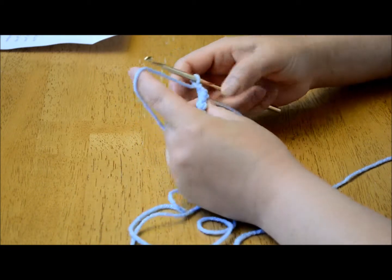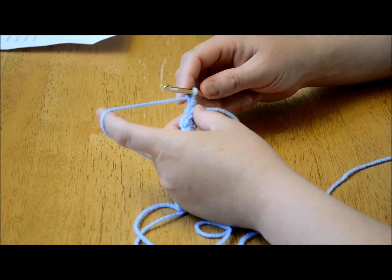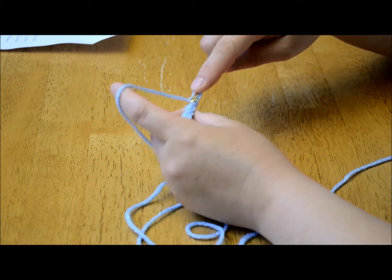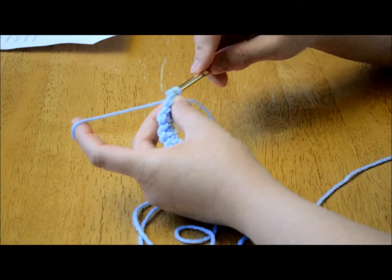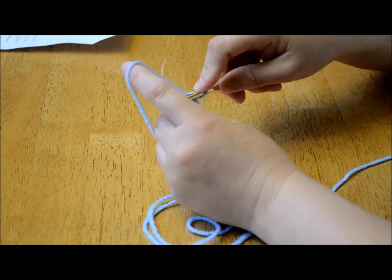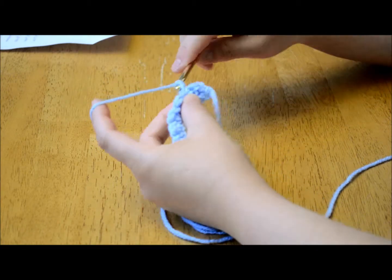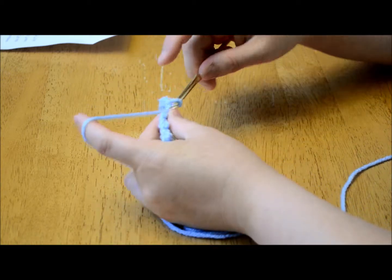Okay, so what you're doing is you're going to go into row 2 on your pattern, and you're going to single crochet in that first one, not the first one that your hook is on, but the next one. Okay, and you're going to do a single crochet there because that's your edge, and you're going to skip 1, go in that back loop, and you're going to do 2 there. Okay, 2 single crochets there, and you're going to skip 1, do 2 single crochets,